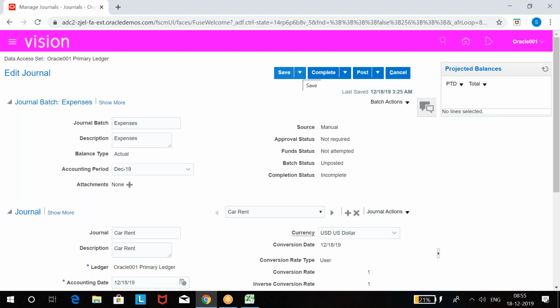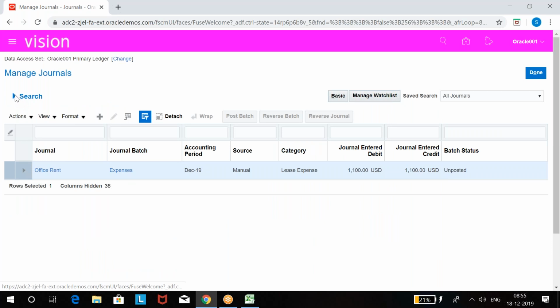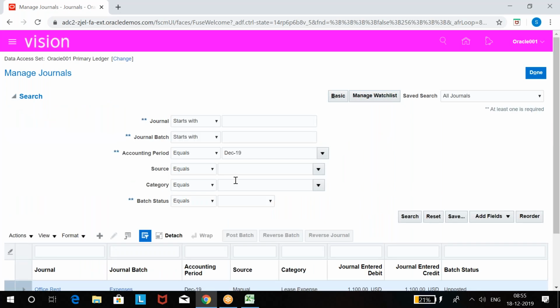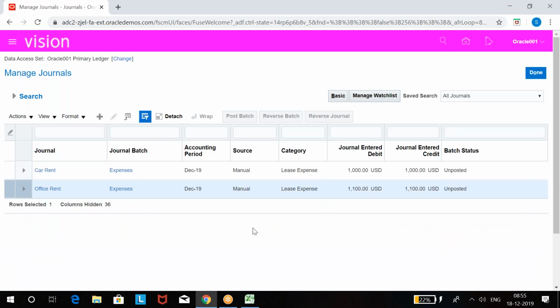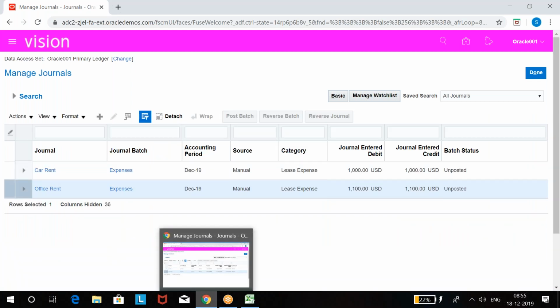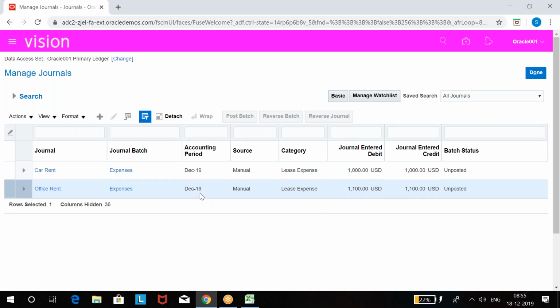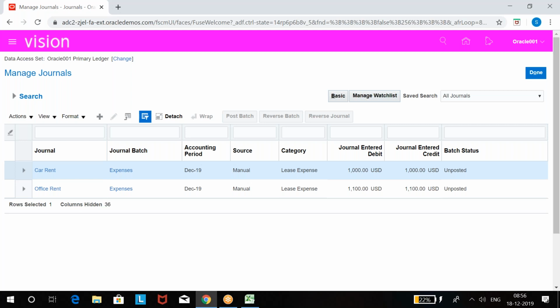Or you can also do save and close if you click here, save and close. It saves and closes. I'll search again. If you click on the down arrow, the search option opens, search it. Now we got 2 journals within one batch. Batch name is the same. Batch name is always unique. Journal name can repeat again, but batch name is unique. Every batch name must be unique. If batch name repeats again, it will not allow you to save. It says duplicate batch, but journal name never says duplicate. Okay.